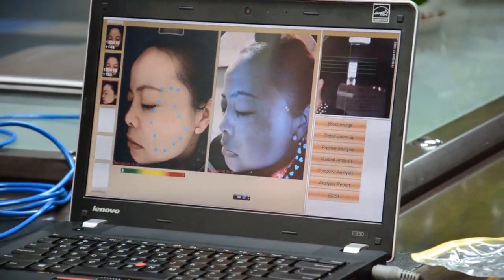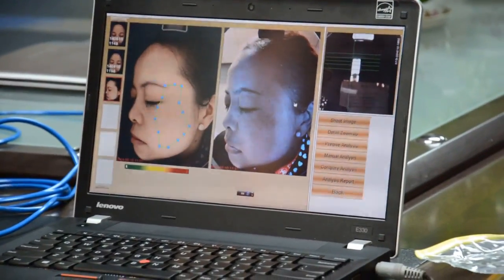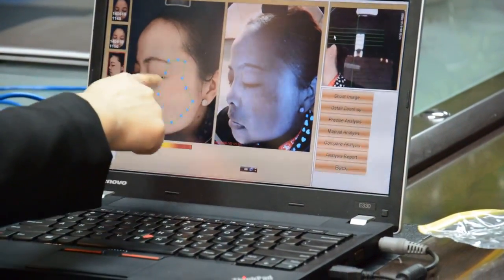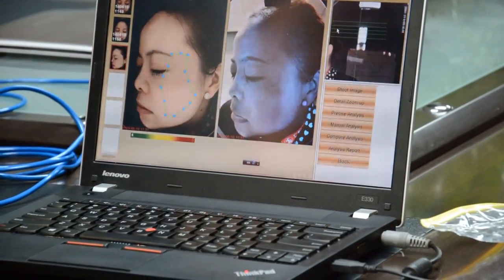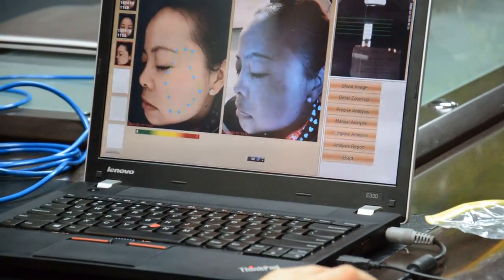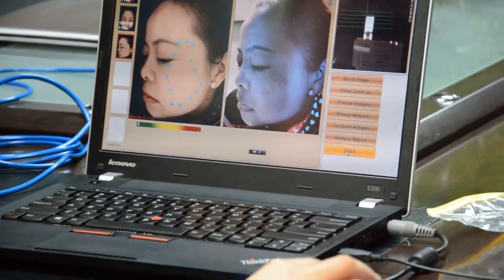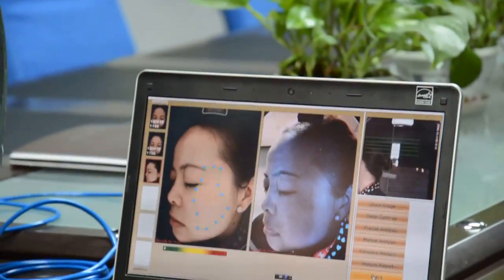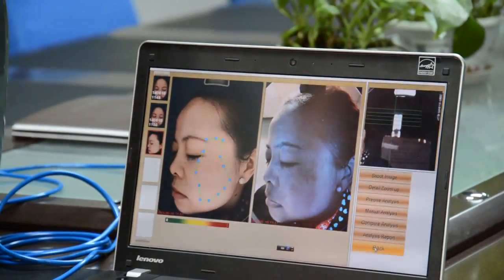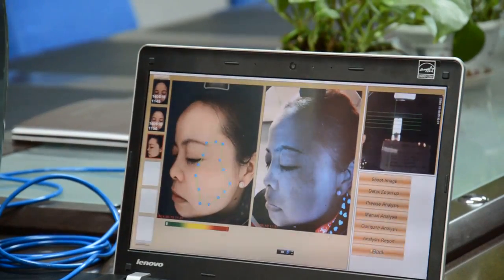Okay, just like this, and then we will see the side, only one side. Okay, now we finish taking the picture, and another important part is